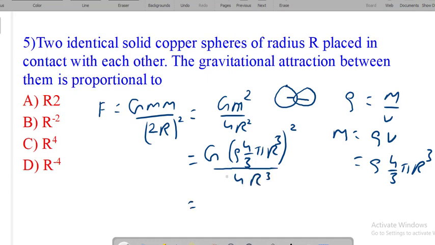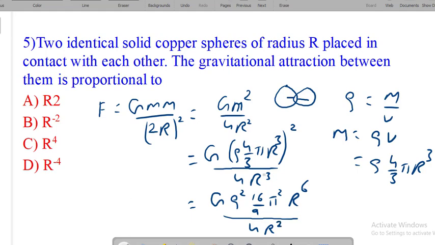If we open up the bracket, what we get is G rho square, 16 by 9, then pi square, and r to the 6, upon 4 r